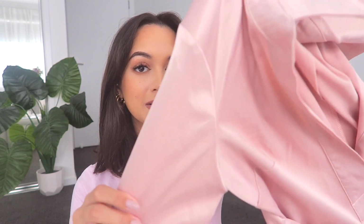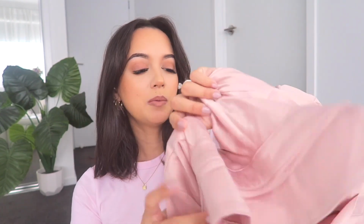So this one is the Step Up Satin Mini Dress. As you guys can see, it's got that satin material once again. This one is obviously in the shade pink. I do believe there's a white or ivory shade available as well, but I figured that I would pick this up in pink. Now I wasn't too sure about this. I thought it looked really cute on the models, but when I put it on, I felt like